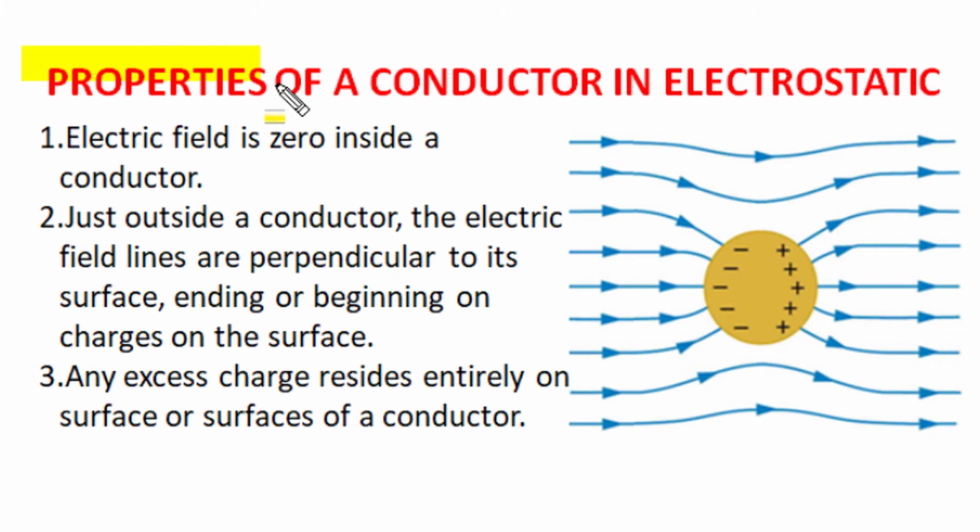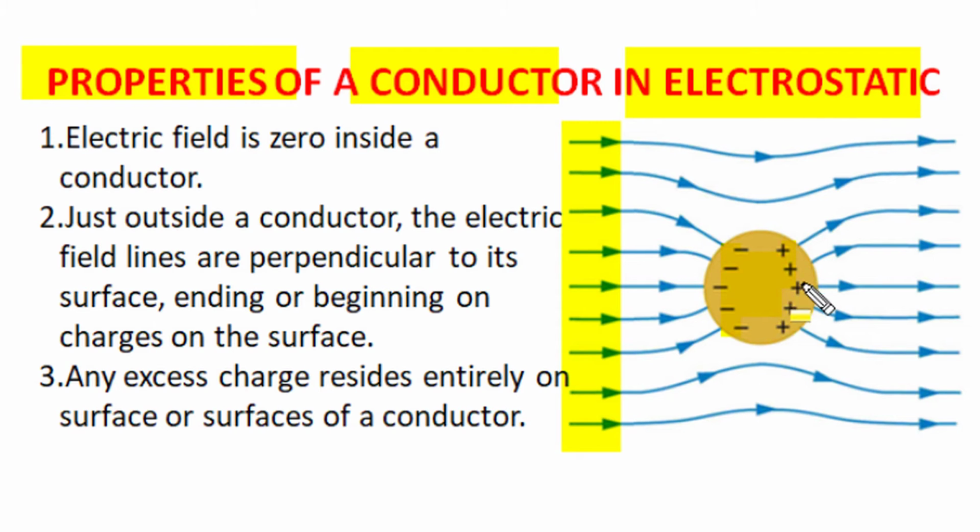We can summarize properties of a conductor surface in electrostatics. When a conductor is placed in an electric field, there is no internal electric field, or the electric field internal to the conductor is always zero, and this is so when a conductor is placed in any electric field. Due to polarization, these surface induced charges will produce their own induced internal electric field such that it is always equal and opposite to the external applied field at all positions within this conductor, and that results in zero electric field. So when a conductor is placed in an electric field, the equilibrium of induced charges neutralizes the external electric field in internal positions.